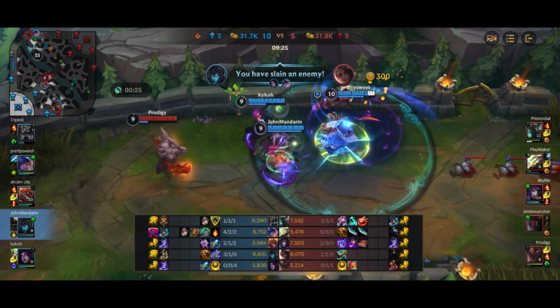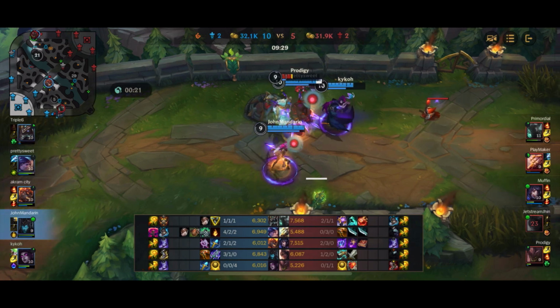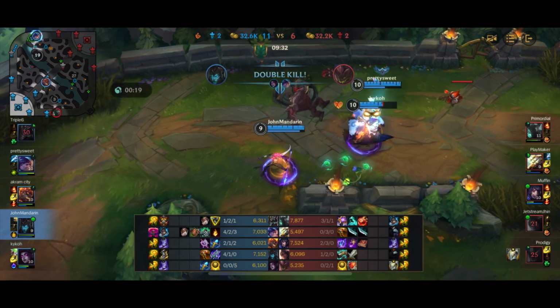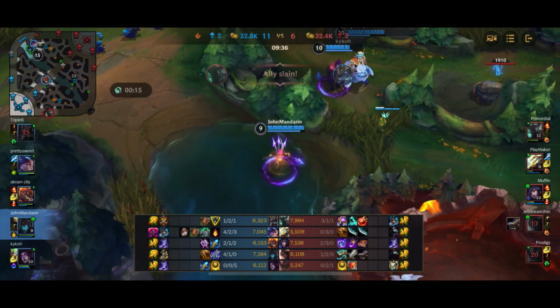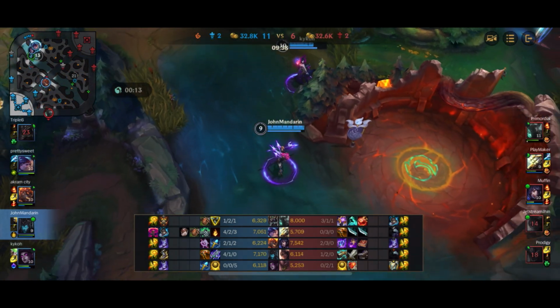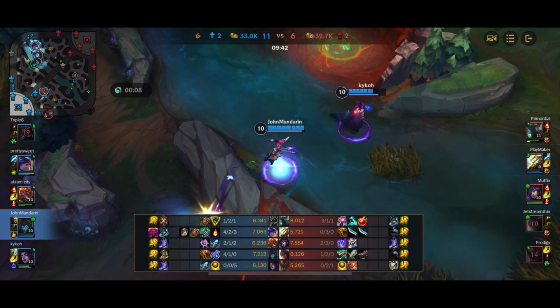But here we actually flashed the Malphite out pretty much by accident, just as I was trying to get Samira. And then we can slowly stack the spears on Malphite, pull them out, and pick up the double kill. Fun thing is that the whole match, it's been almost 10 minutes into the game, Malphite has not hit me with his ult a single time yet, which is pretty funny, which basically means that